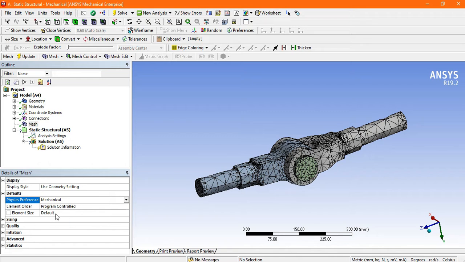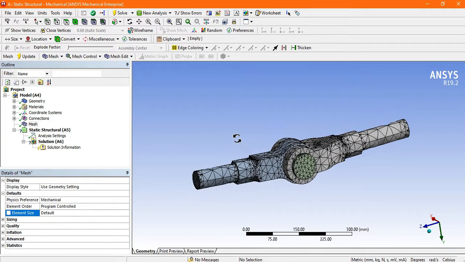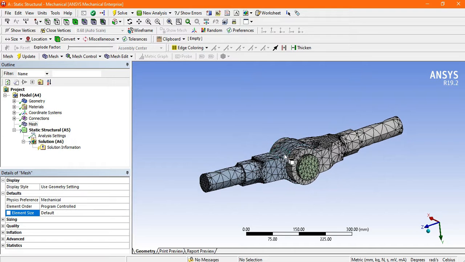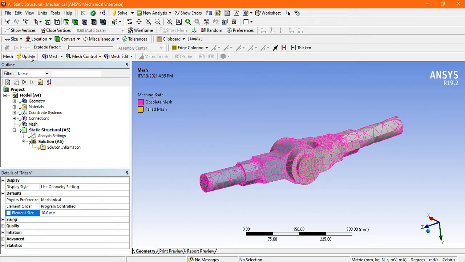And next is the element size. The element size is nothing but how much refinement you want for the model. Suppose I choose 10 and click on update.